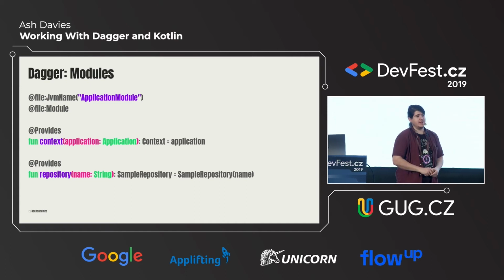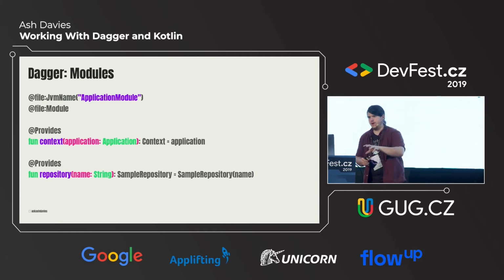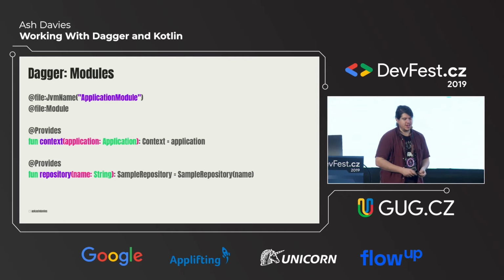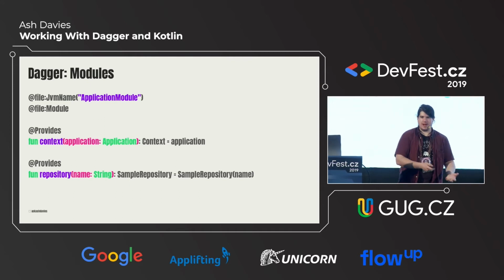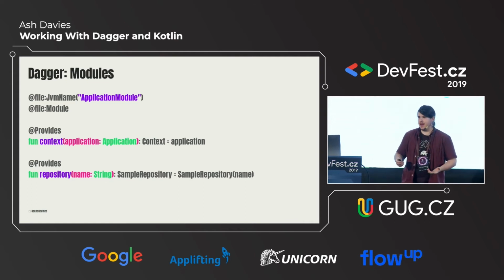Funny enough, I wanted to try this out as well. This is a little thought experiment, and I thought, well, if Kotlin is converting all of its top-level files into Java files anyway, what if I just named the file with the JVM annotation, and then have this kind of provides thing? Maybe this would work. It makes sense, right? And lo and behold,